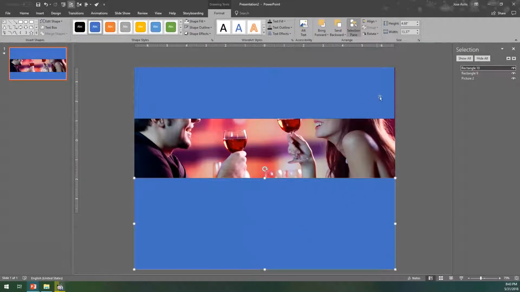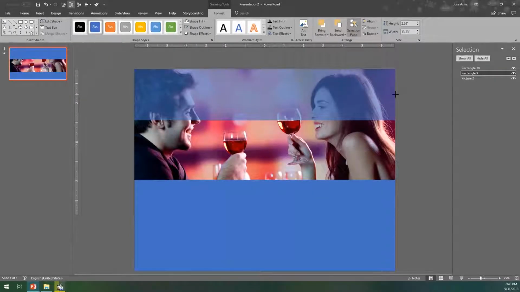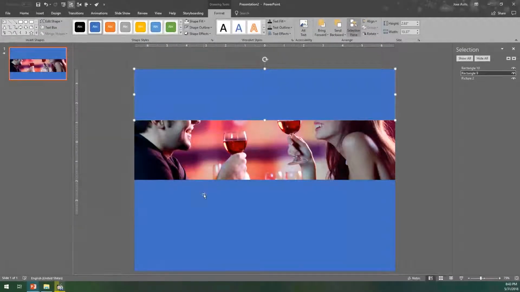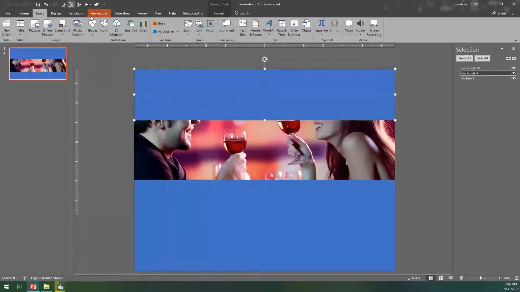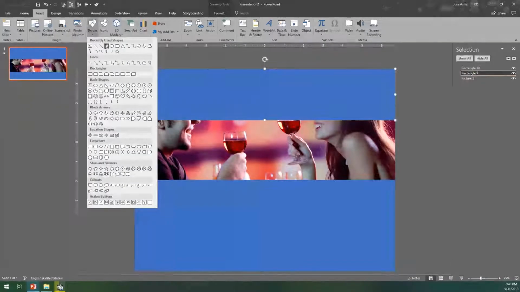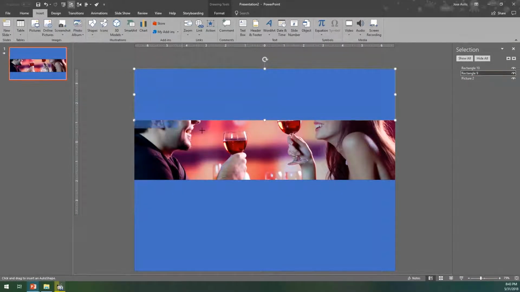Now that we have these things, the two rectangles, we need to apply a masking. A masking is basically something that we're going to cover on top, and that it's going to create this effect for us. In here, I ended up adding another rectangle,